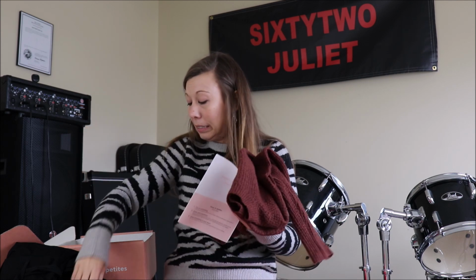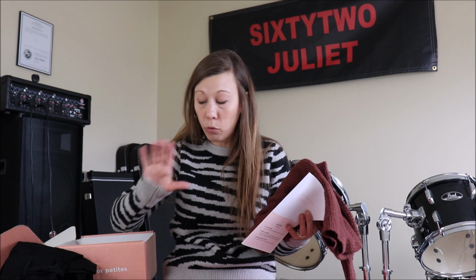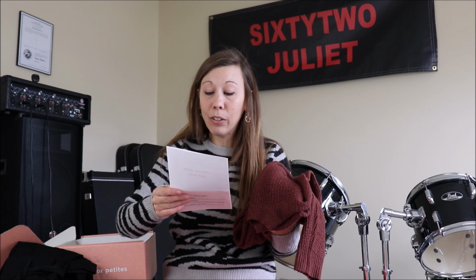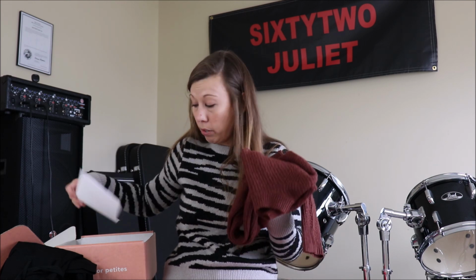So this is a tough box. I mean, I easily could keep everything. I think the Ponte pants were the only things that just really didn't work, but I easily could keep everything. Oh, the entire box for all 6 items is $280.55. And so I'm definitely not gonna get everything, and this really is a tough decision because I